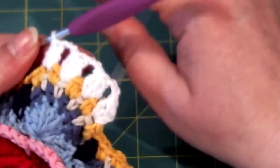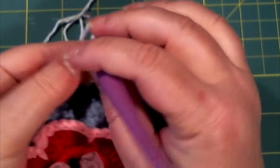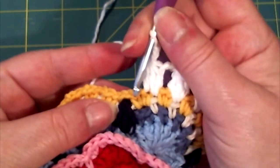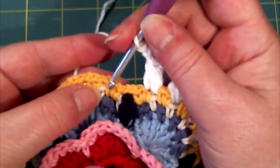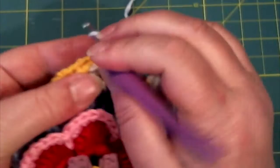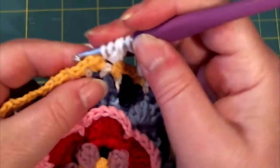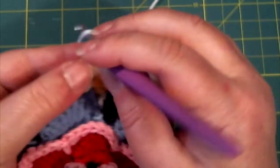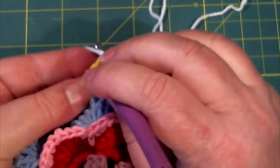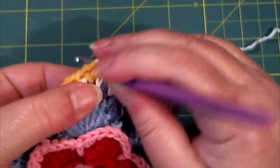And then you need to chain, let me see, you need to chain 3, 2, 3, skip 2 single, 2 chain, 2 single, and make another 3 double crochet together in the chain 1 space, chain 3, 2, 3, and make a 3 double crochet together in the next chain 1 space